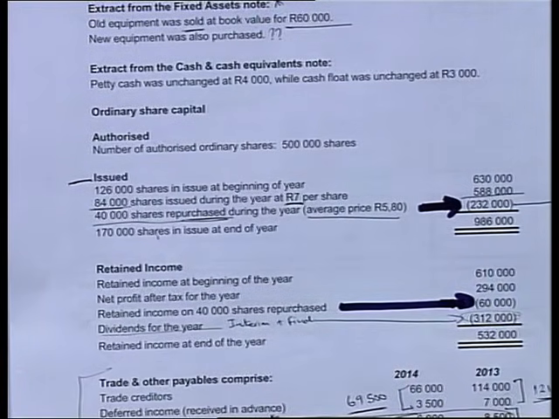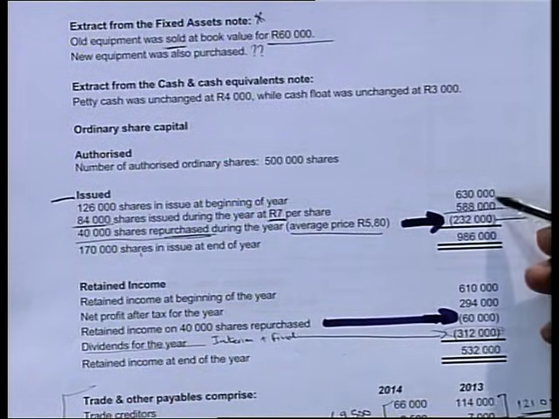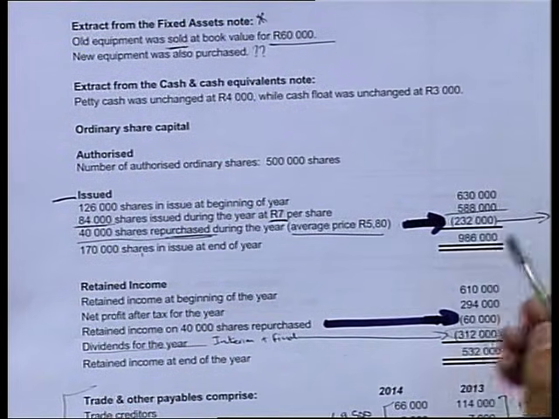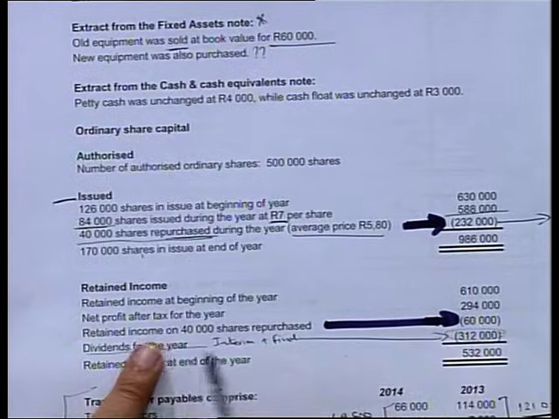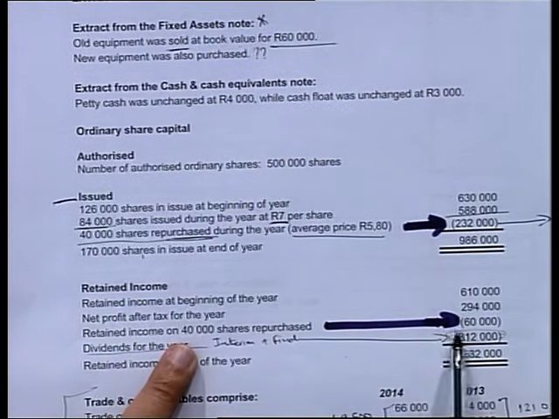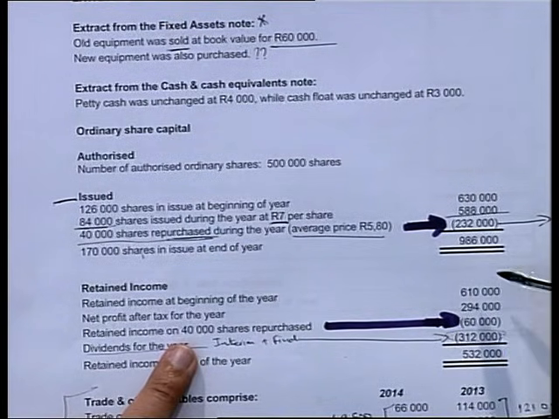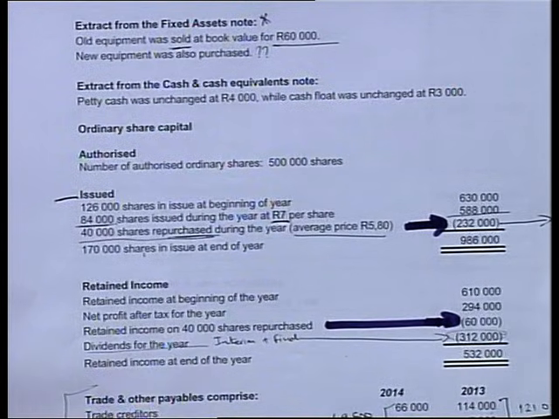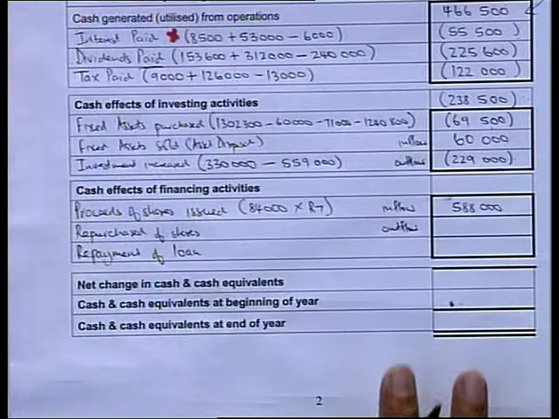So the part that goes to the ordinary share capital note under the issued, that is the average, and the amount that goes to the retained income was the amount more than the average. So for us to get the actual amount that we spent on repurchasing the shares, we have to add those two figures together. So for the repurchase of shares in the cash flow,